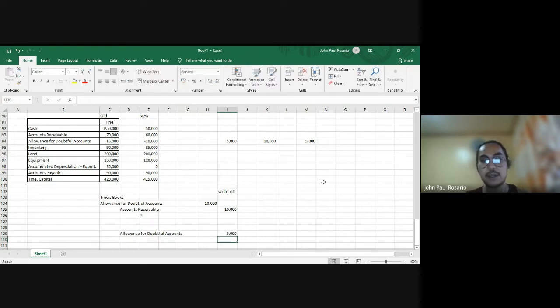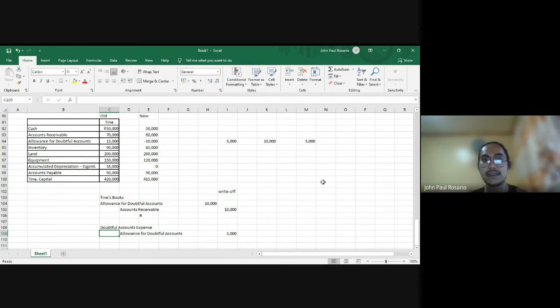Now the question is, usually when we establish or when we increase our allowance for doubtful accounts, we use the doubtful accounts expense. But take note that at this point, we are already closing the time's business. So there is no point in recording an expense, since at the end of the day you would close it to your capital anyway. You would not determine whether the business still earns income, because you're just going through the longer way.